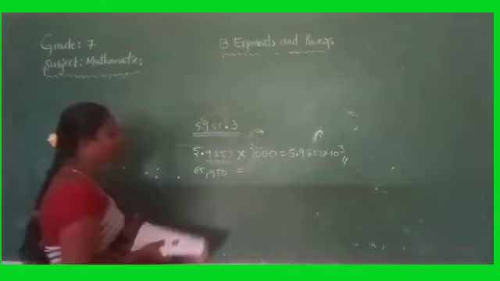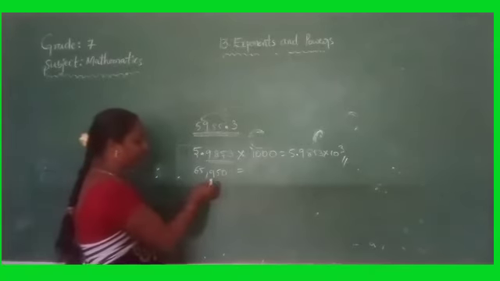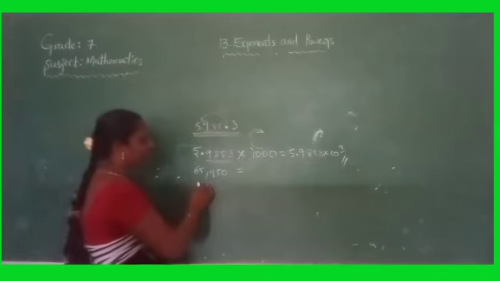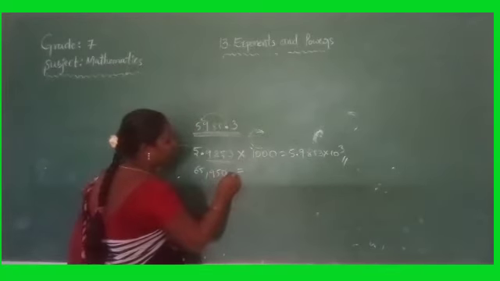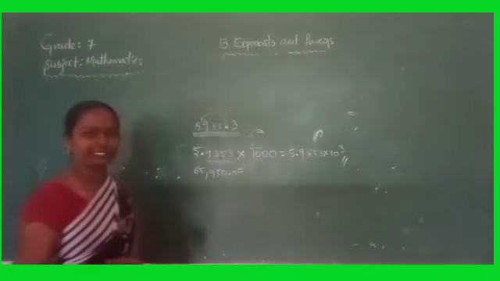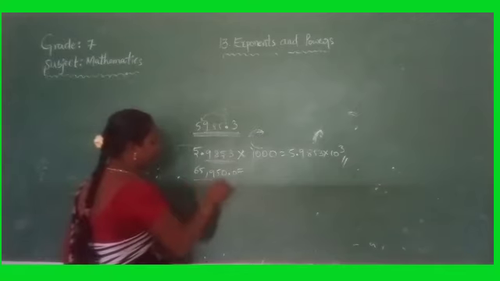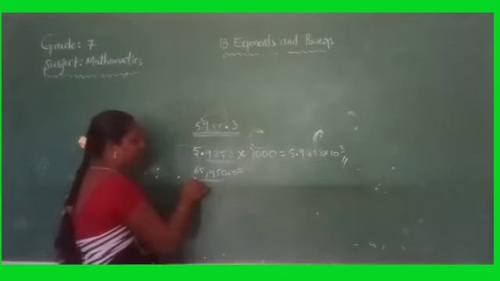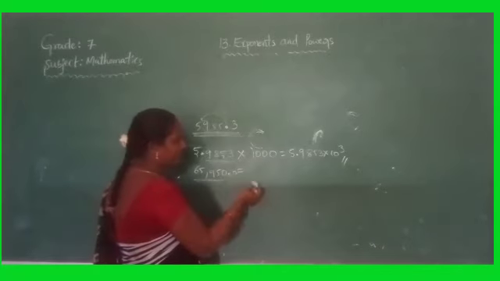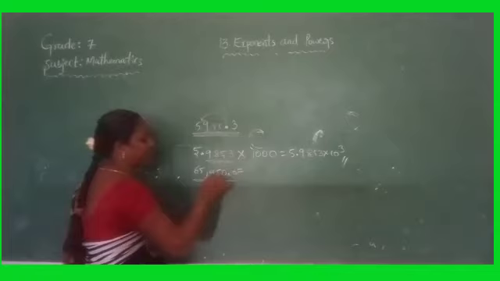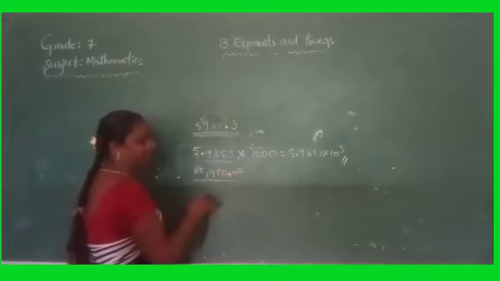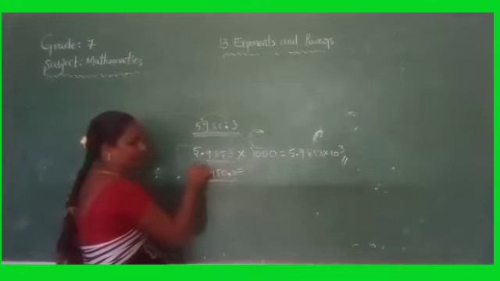Not only that, see some more examples. 65,950. Is there any decimal? Is this number in the form of standard? No. We have to write this one in the standard form. If you keep the decimal point after the 0, is there any change? No. So we will say this number is the same, 65,950. Even after keeping the decimal point there is no change, but we have to show this number in the standard form. That's why I have written it like this.